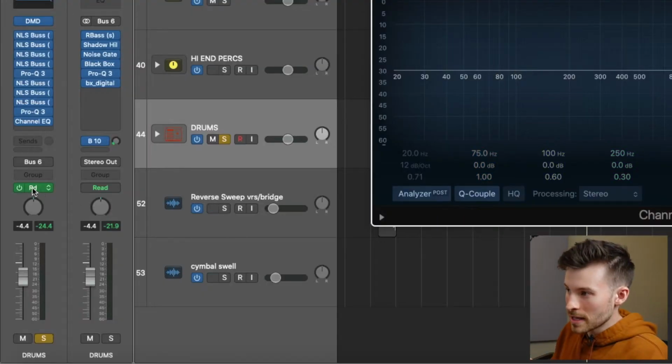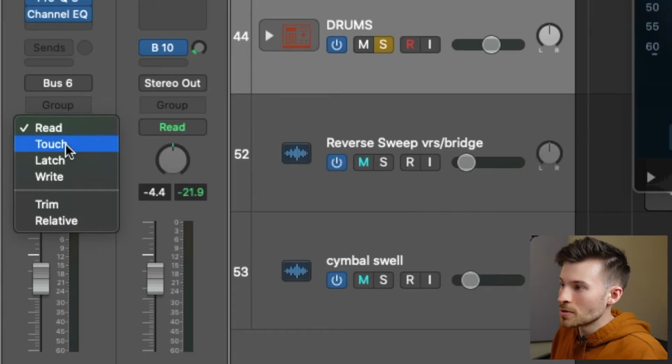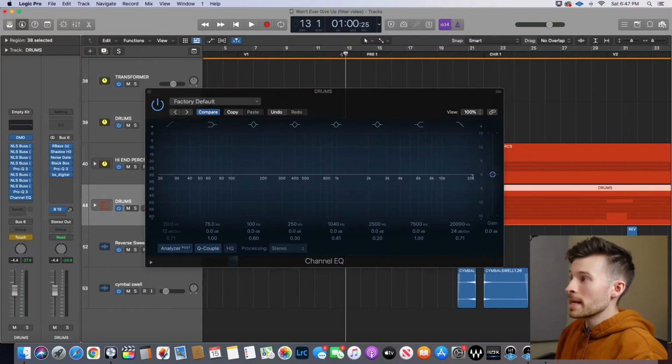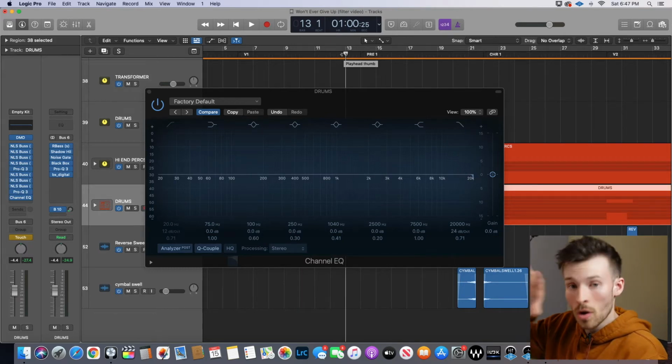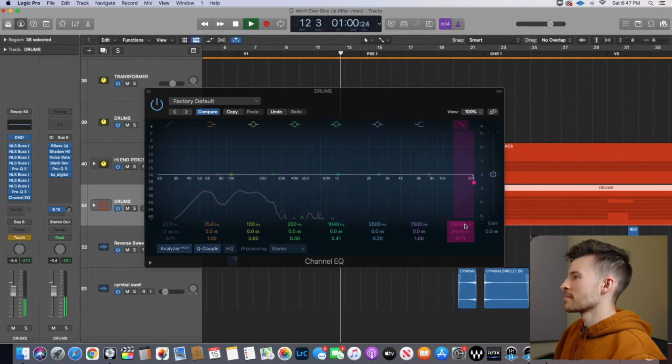Go down to this green right here where it says Read, go to Touch. Okay, I'm going back a bit and I'm just gonna hit play and then you're gonna watch me. I'm just gonna draw in this automation over this particular part. Down for a while,